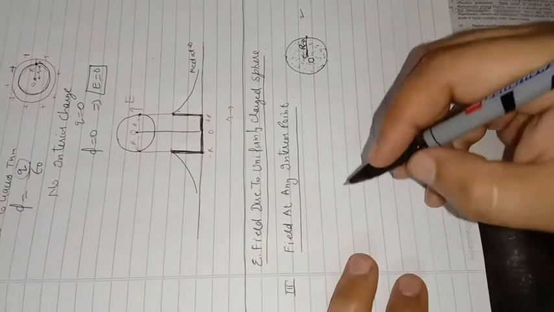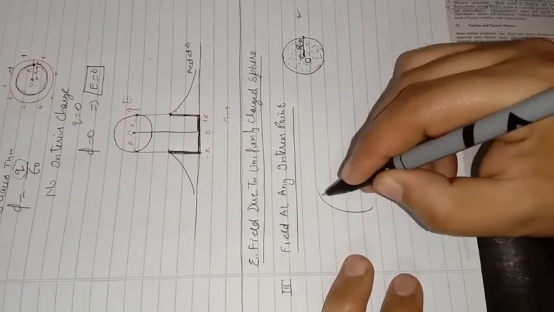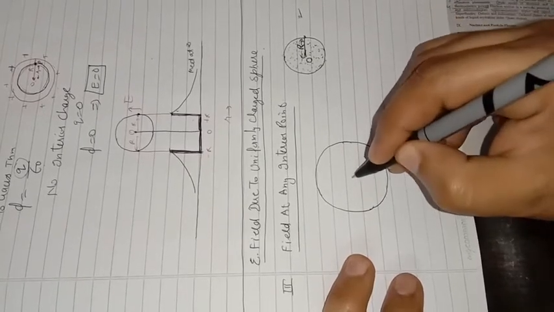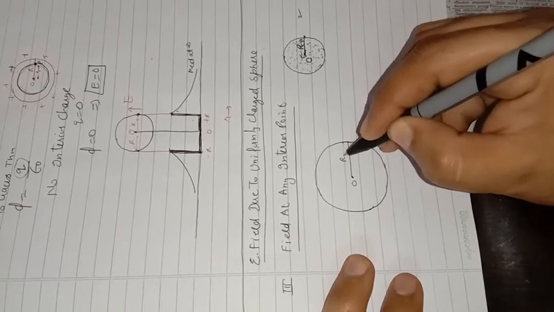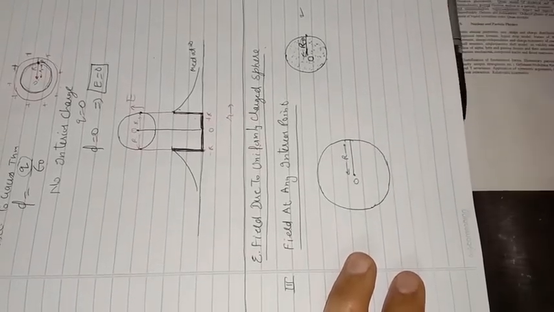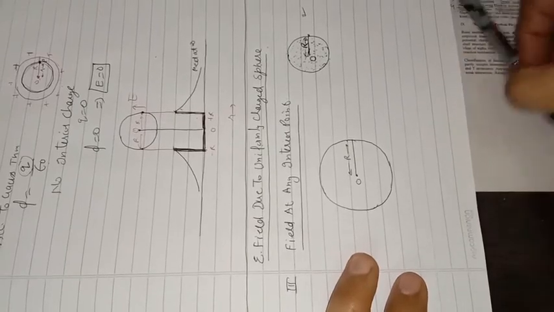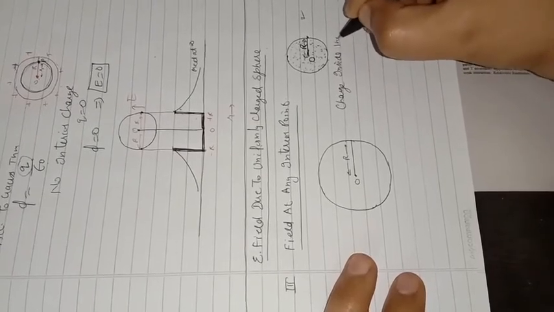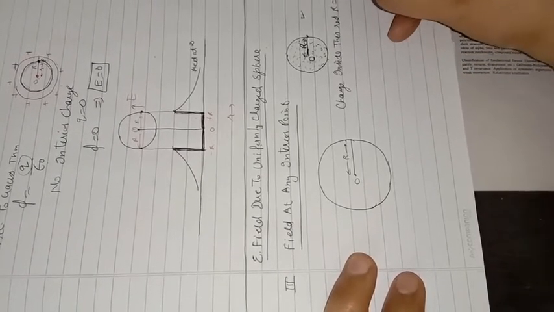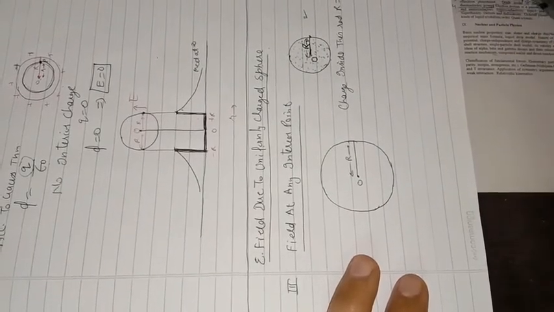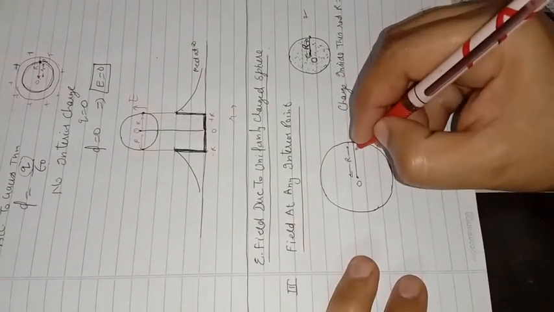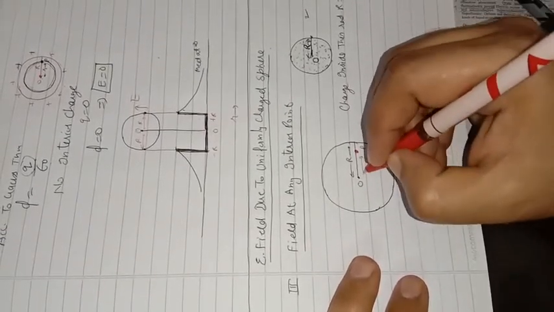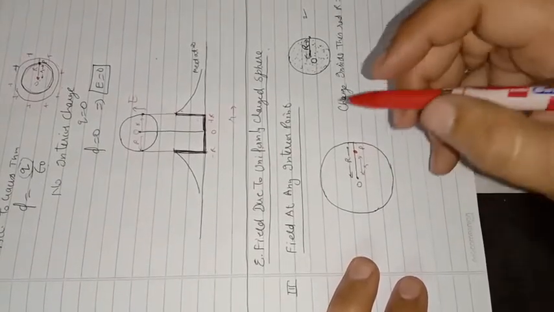So in order to do that, we draw the sphere. This is the sphere, O is the center, capital R is the radius of the sphere, which is holding a charge Q. The charge inside this radius R, we take it to be Q. Suppose P is the observation point where we want to find out the field. Small r is the distance from the center of the sphere.